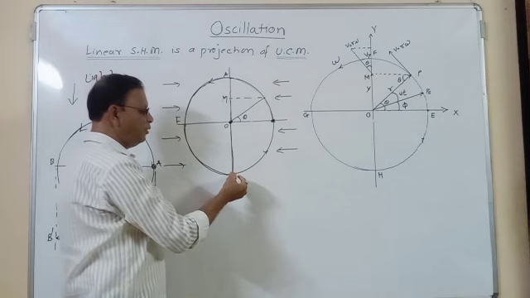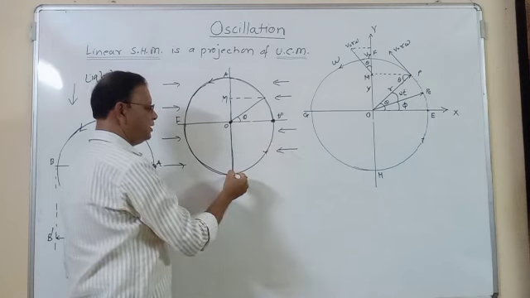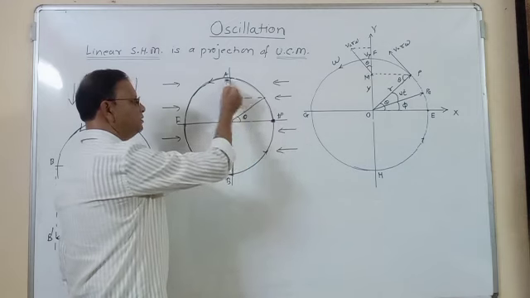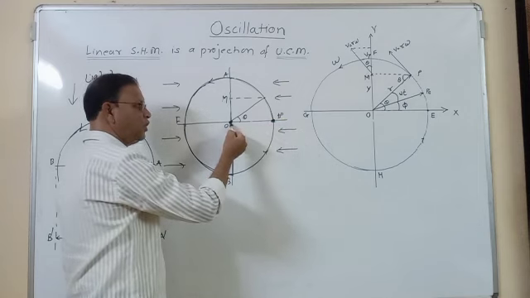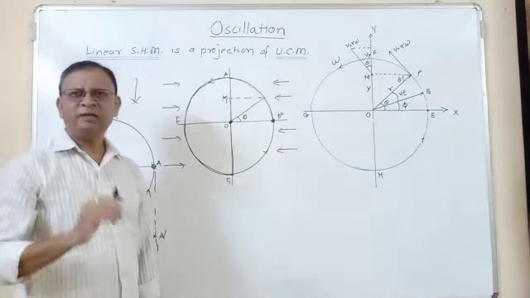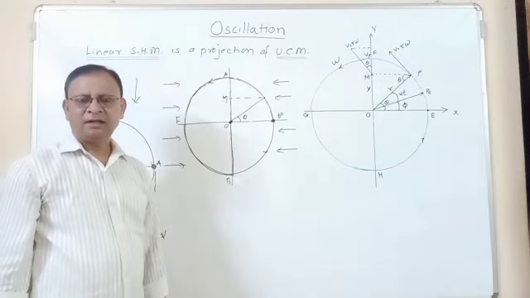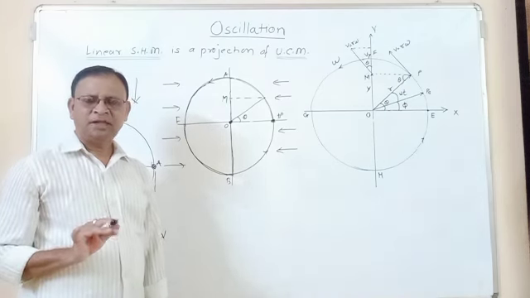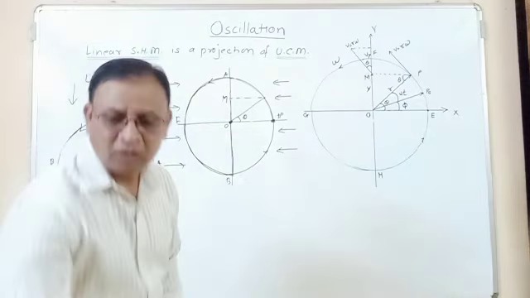Again when the object moves from B to say H, the projection moves from B to O. So whenever this object performs a circular motion, that is one circle, the projection of that object performs one oscillatory motion. That means oscillatory motion is a projection of circular motion. We have to show that if that motion is uniform circular motion, then the projection is linear simple harmonic motion. Now you know what is